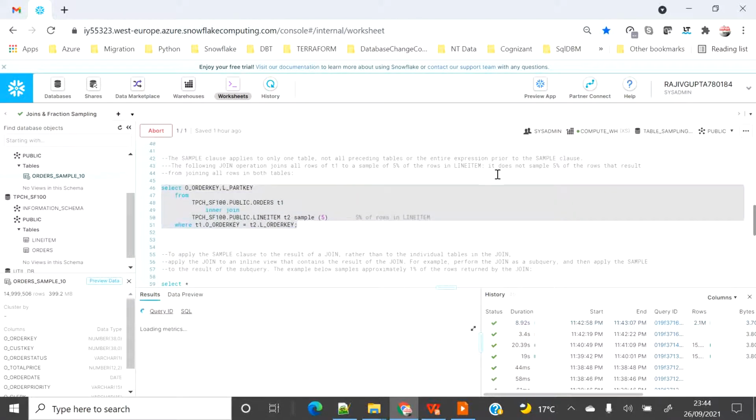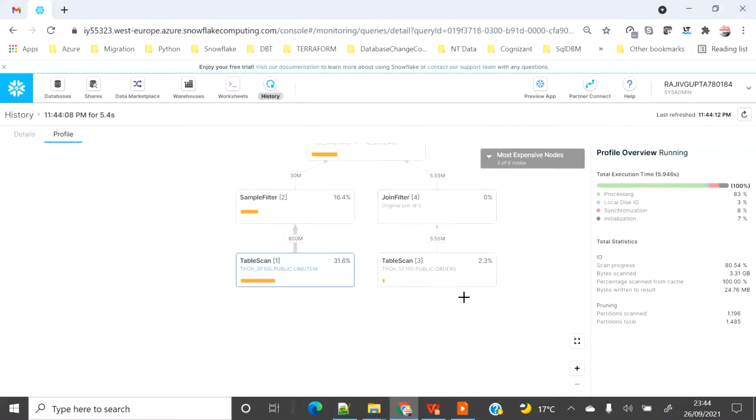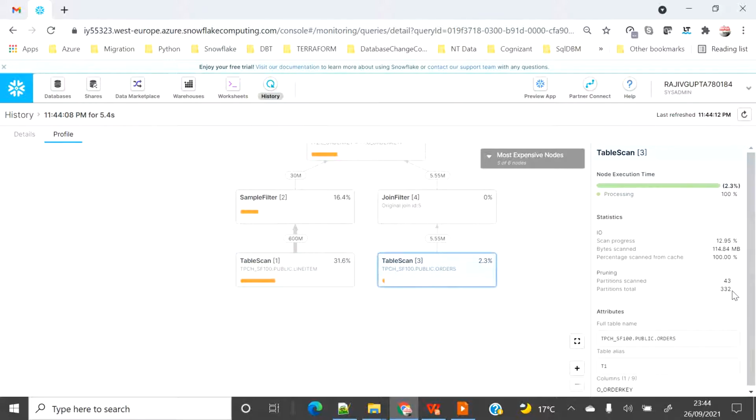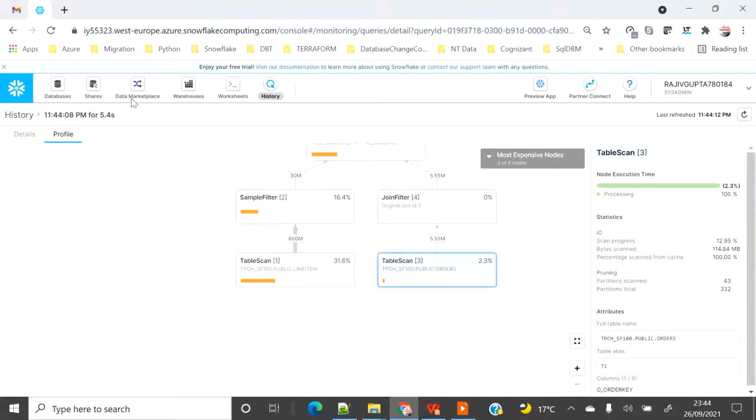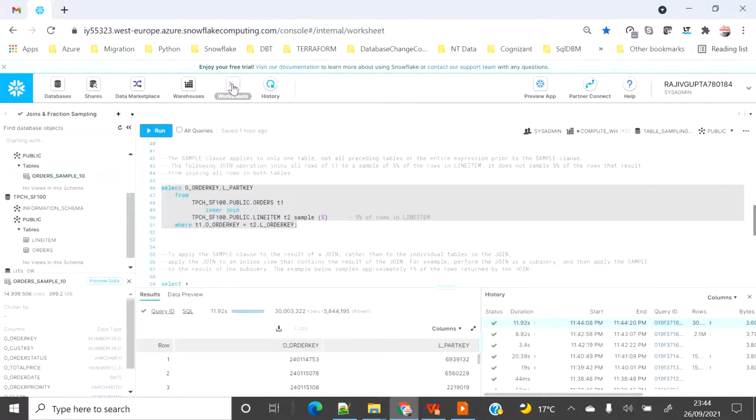So let's see. If we go here, you will see that on the order table it's going to scan everything, and on the line item table it will not scan everything. Is it completed? Yes, it's completed.